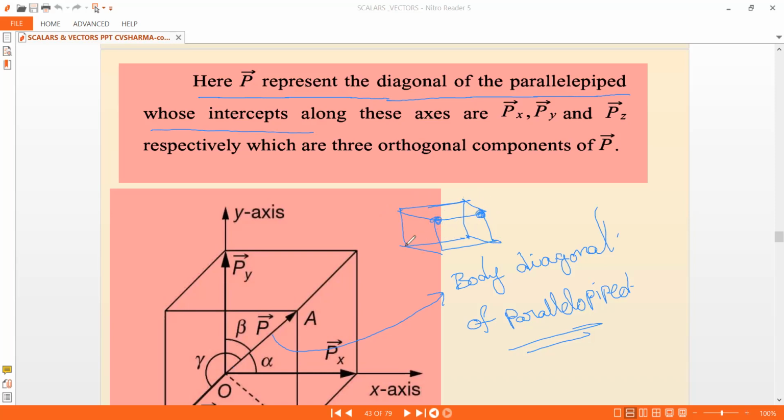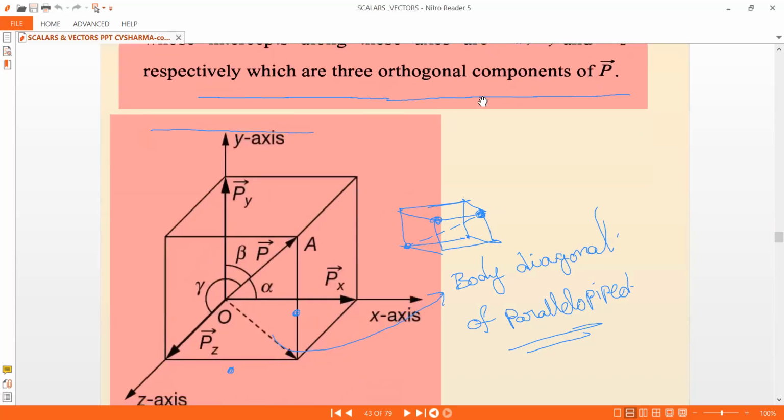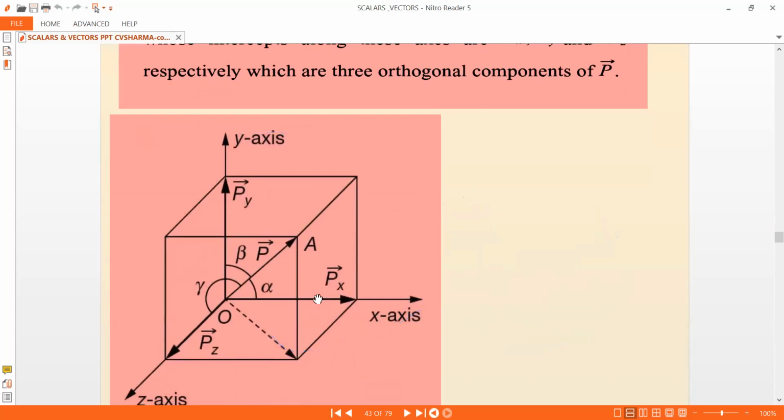So origin is taken here, and you connect like this. This is what is shown here. This is the origin and then you connect here like this, right? You have to exercise your mind a little bit in order to see this. So this is like one corner of the room, the bottom corner of the room, and this is the top corner of the room. And if you connect this, that is called a body diagonal. And now this diagonal will make angles alpha, beta, gamma with respect to the x, y, z axes.